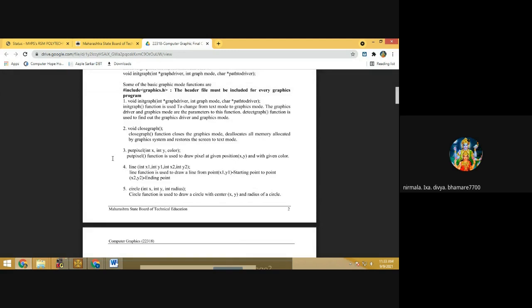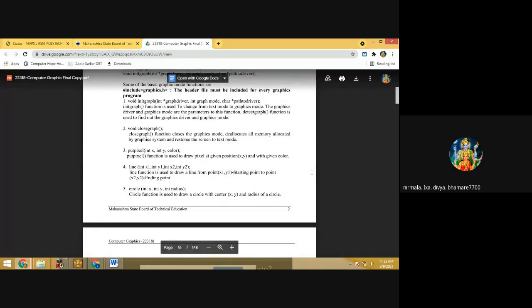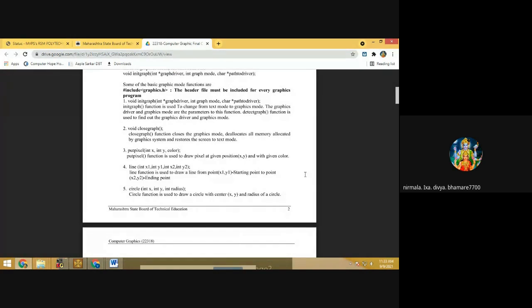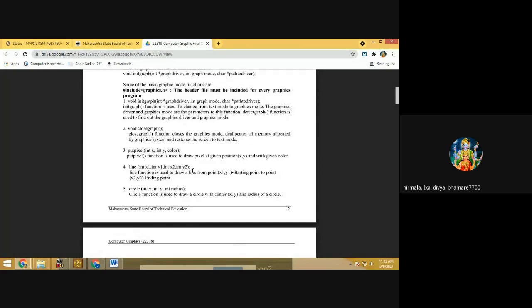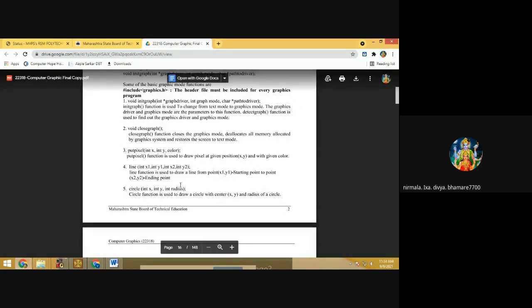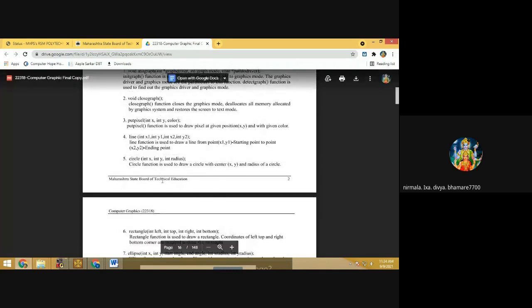That means x1, y1 is the starting point of the line, and x2, y2 is the ending point of the line. So the line function is used to draw a line from the point x1, y1 to the point x2, y2, the ending point.